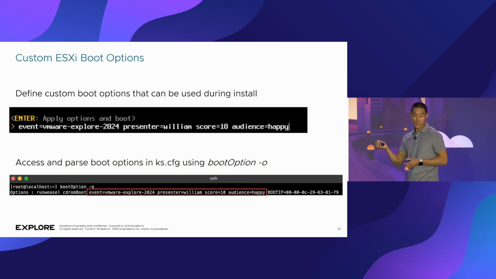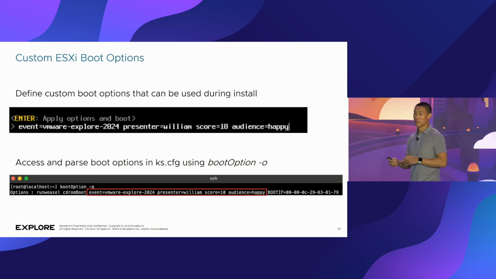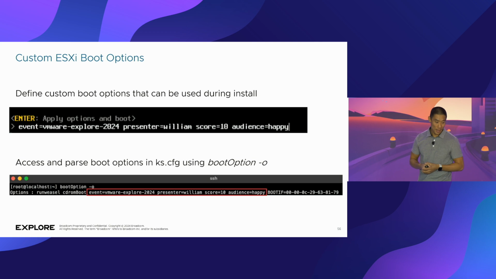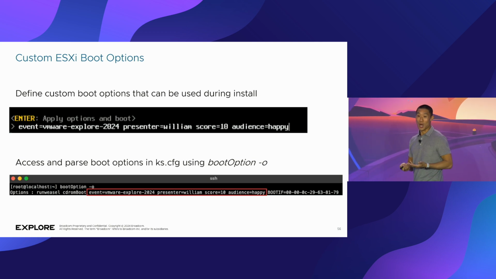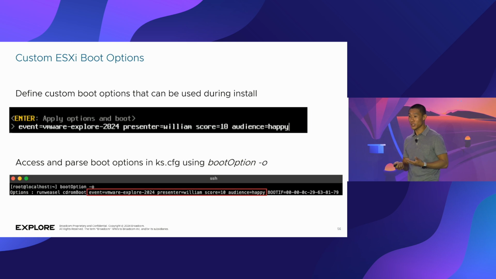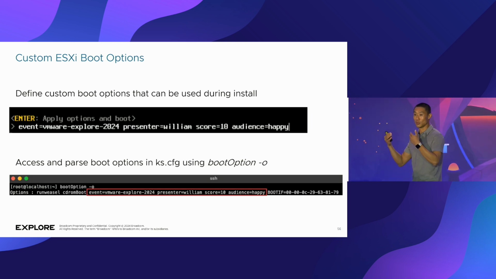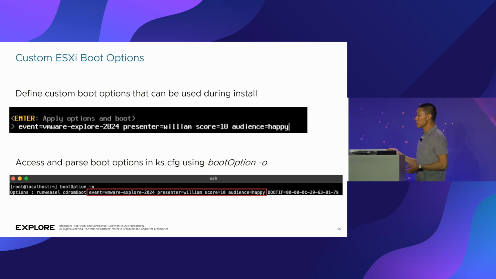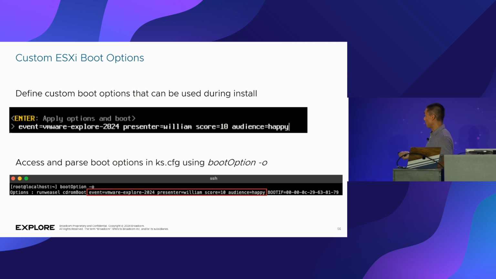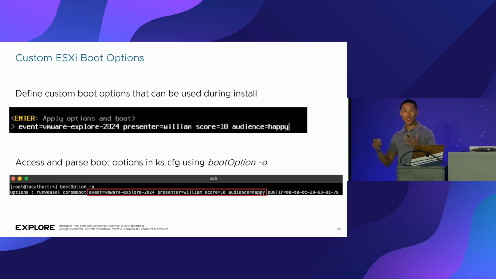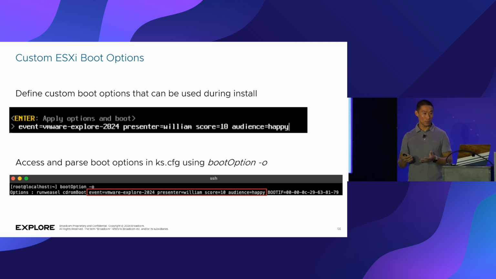Another useful trick is around custom ESXi boot options. You remember earlier I talked about Shift-O applying different kernel settings. You can actually define your own custom options. So here it becomes very flexible if you understand how the system works. You can actually add your own custom key value pairs, and you can insert this into the ESXi bootloader option. And then there is this utility called boot option. If you pass it a -o, as you add these parameters, they will automatically be available to you within the Kickstart infrastructure. So here you can start to codify various specific business attributes, configuration settings, have access to those parameters,